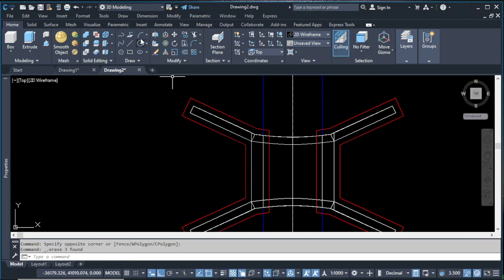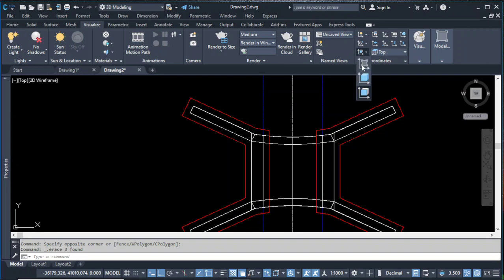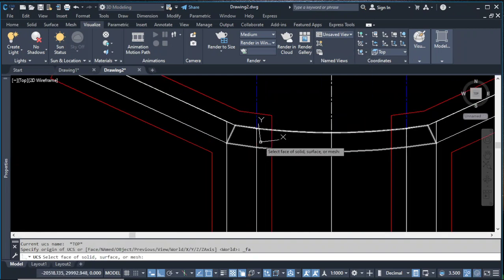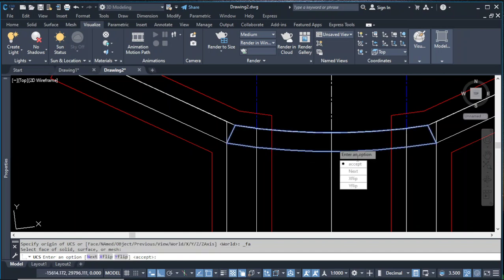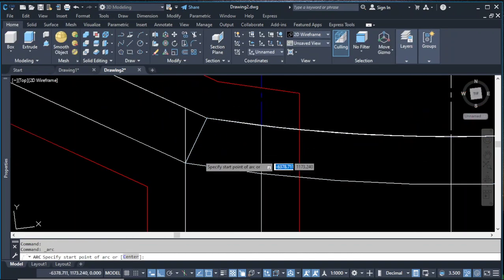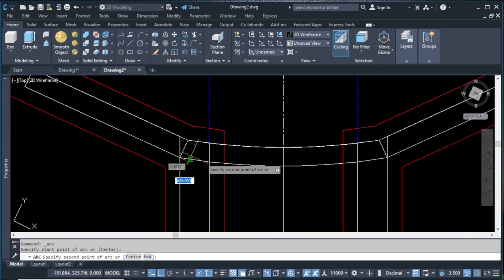And I want us to maybe align ourselves again with the face, and I want us this time to align with this face. Is it possible? Let's try to have a 3-point arc,